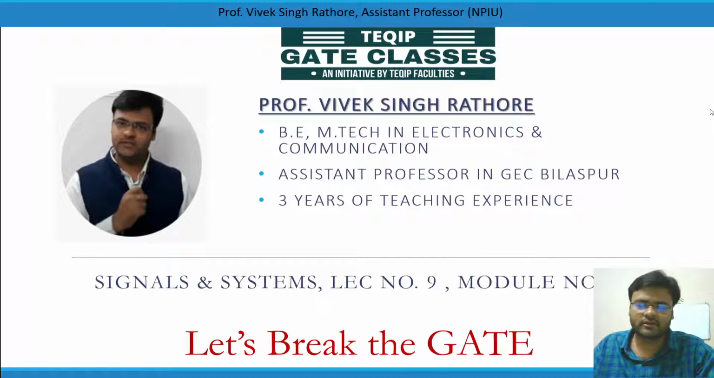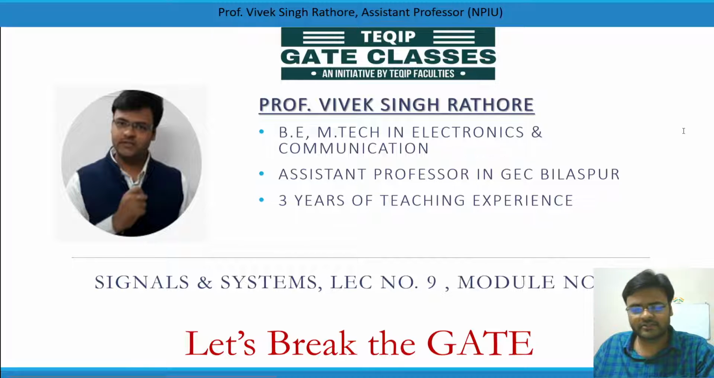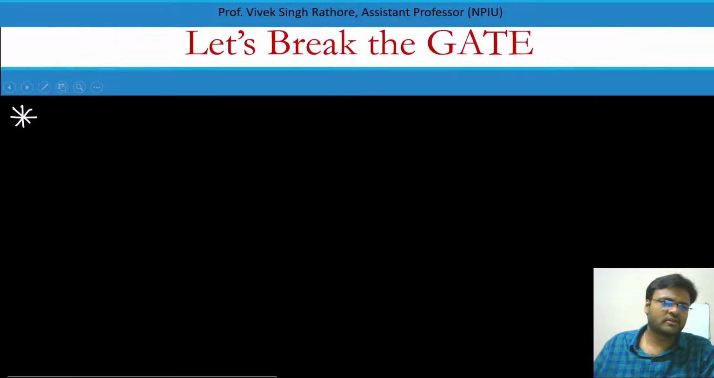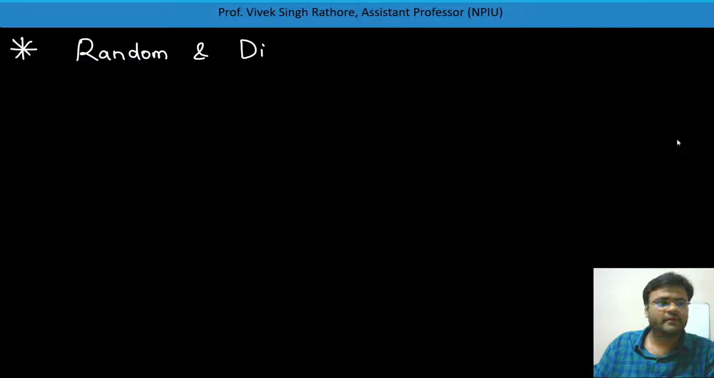energy and power signal. Now in this 9th lecture, I will be dealing with some other signals apart from these, like random or deterministic signal, causal or non-causal signal, and analog and digital signal. So let's get started with our first portion, that is random and deterministic